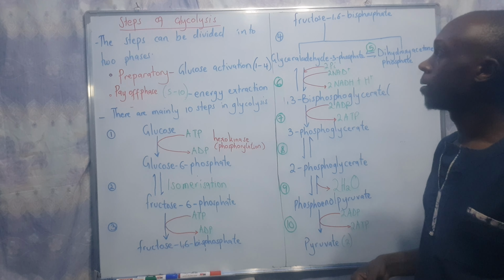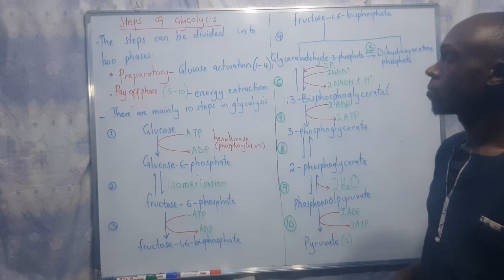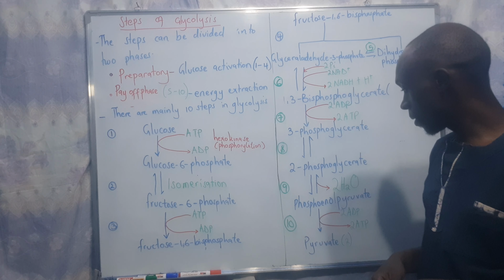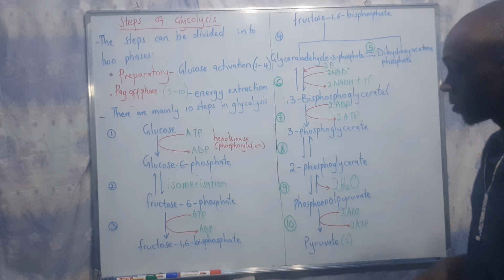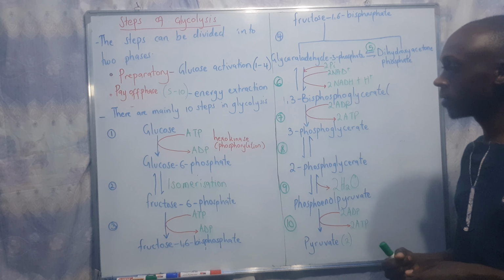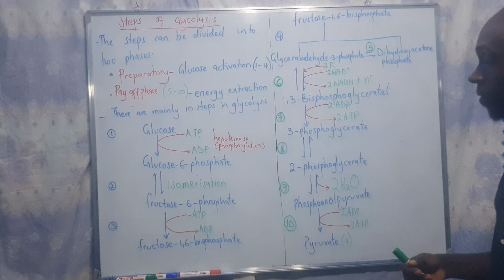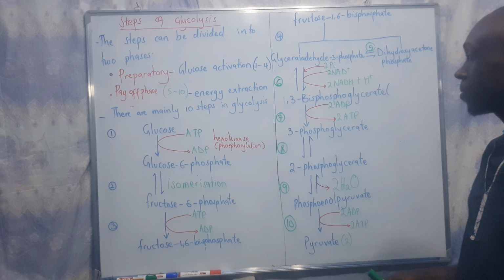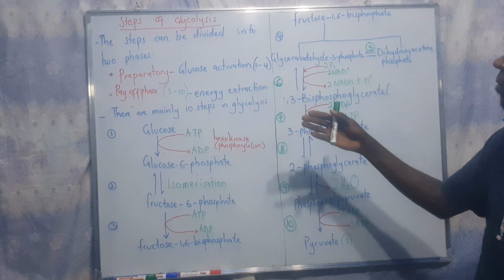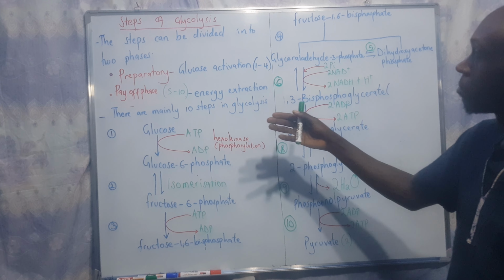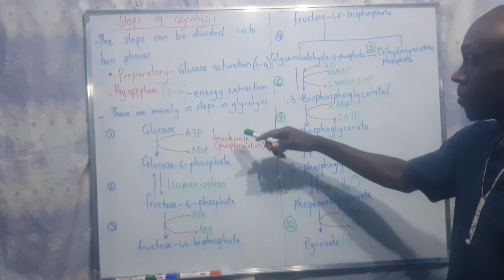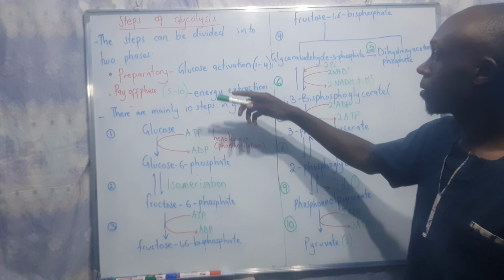Now we're looking at the steps of glycolysis. How do we obtain energy in glycolysis? Remember, in glycolysis we have energy being invested. An investment plan must always take place so that we can yield more energy. During glycolysis, we have about 10 steps. There are mainly 10 steps in glycolysis, but with further steps, those 10 steps can be divided into